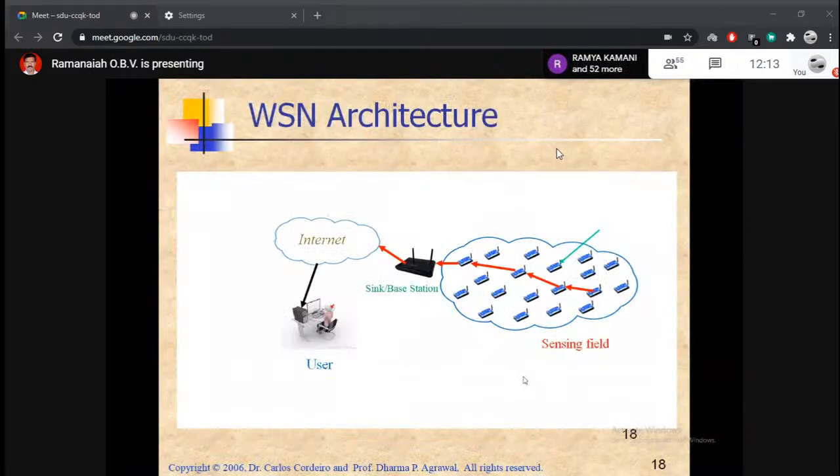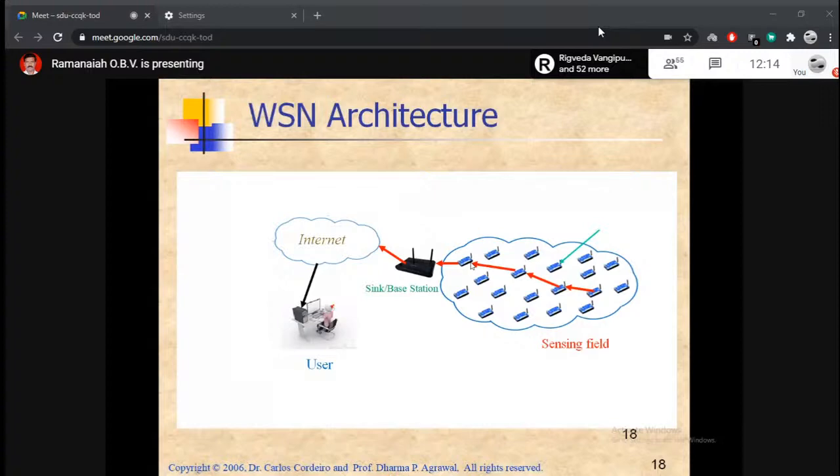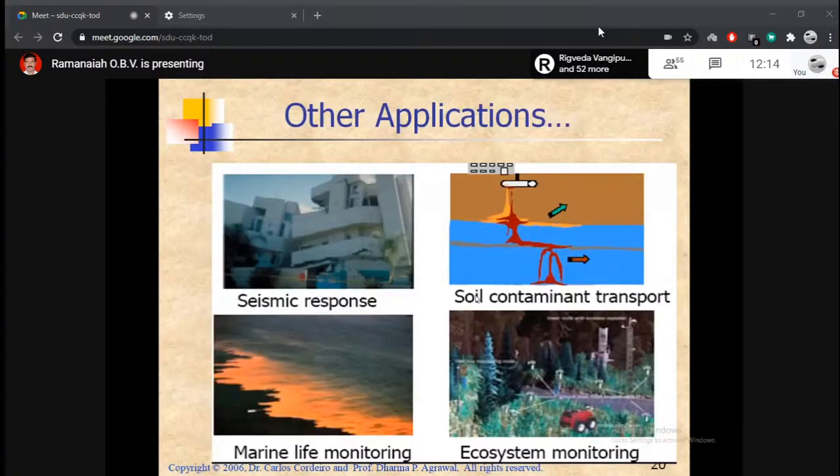Nowadays, if you want to deploy any wireless sensor network application, it has to follow this architecture, right? The area where you want to have this monitoring, there the sensor nodes are to be deployed either regularly or randomly. Regularly, then there will be a pattern, right? A pattern, I will show you another slide